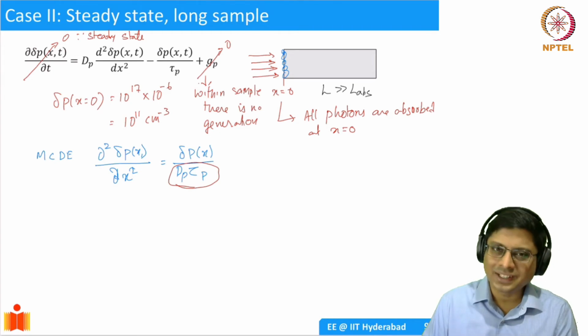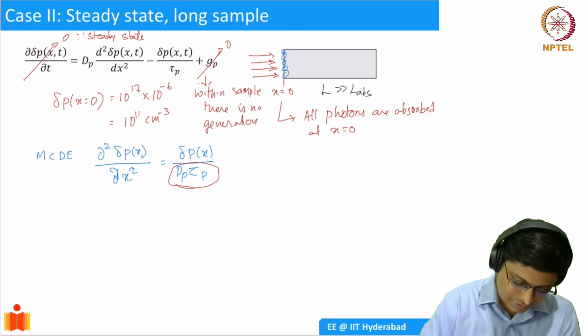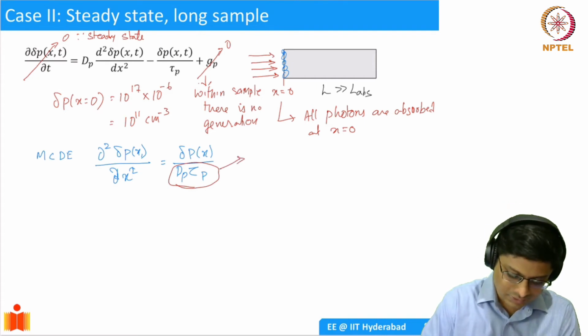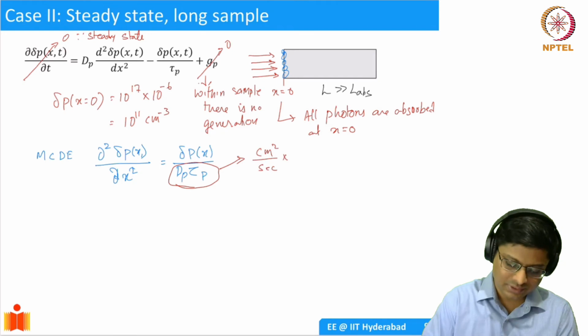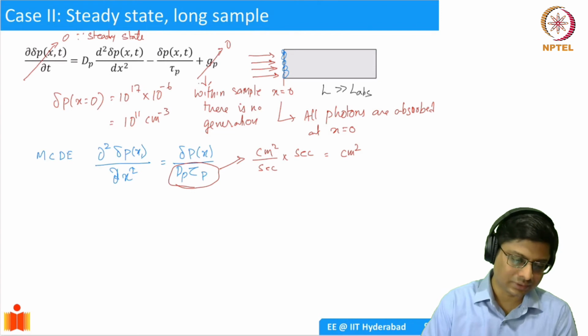By dimensionality, you should already see that it should have a position square, but let's just check that. So this is good. dP is the diffusion coefficient, so centimeter square per second, times tau P in seconds. So you should have centimeter square units, okay? So now what I'll do is